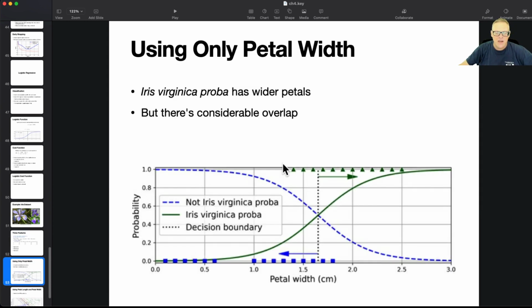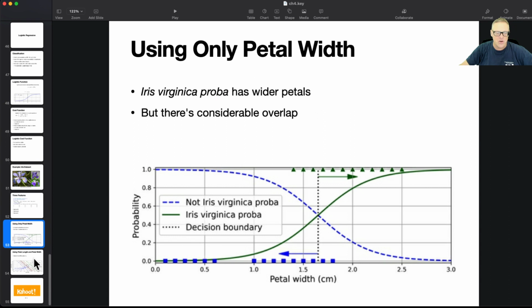So here's the data. You have ones that are Iris virginica, and they're here. And then you have ones that are the other 2 down here. And we're just doing a yes or no model. So we're not going to discriminate between these 2. We're just going to do Iris virginica or not Iris virginica. So here's some data. And you'll see if you just look at petal width alone, that was pretty good. It'll detect all these correctly. Petal width below a certain number is not Iris virginica, and above a certain number it is. But here's some overlap between the 2, so there's going to be some error if you use petal width alone